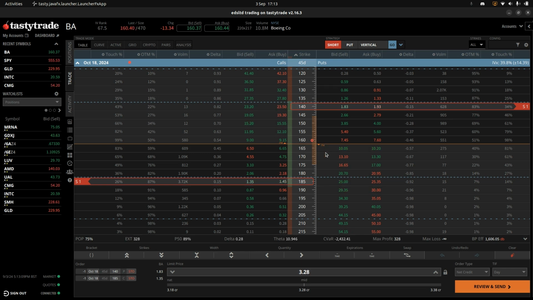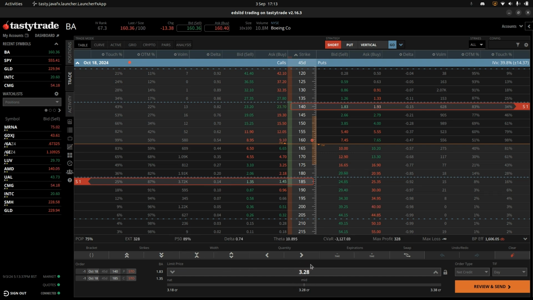So we would collect $328 upfront in premium when this position gets filled. It will cost us 1.6k in buying power, which isn't too bad. And what we can do is actually play with this position to get the desired outcome that we want. So, for example, let's say,